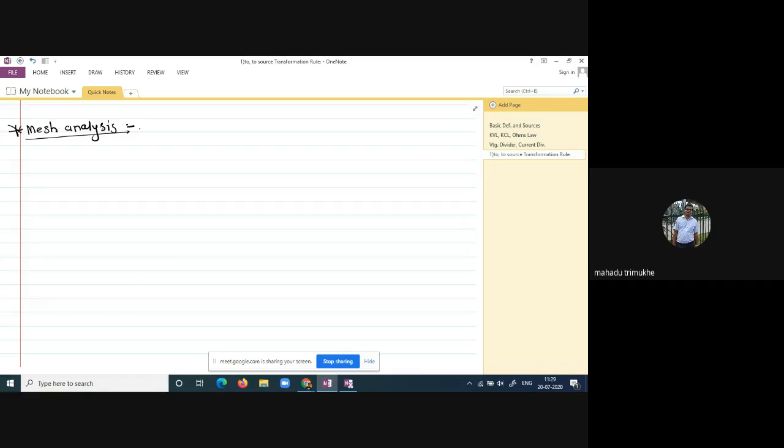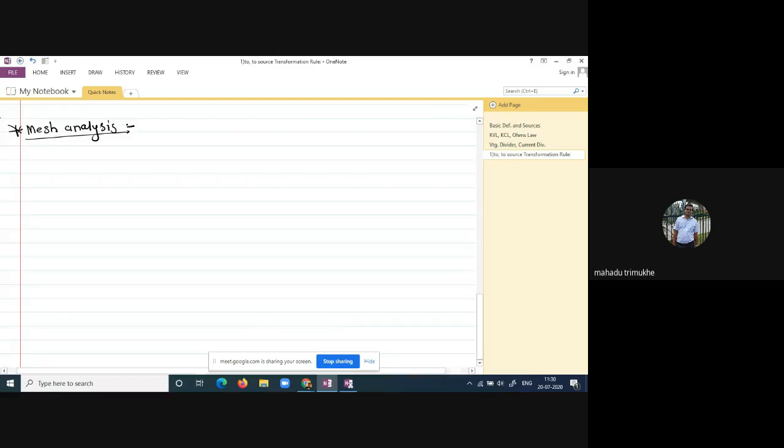When we apply the mesh analysis, suppose you have a large number of voltage sources present in the electrical network, that time mesh analysis is very important. You have to keep in mind mesh is nothing but a loop that does not contain any other loop within it. It is applicable for the planar network, and it is very useful when n number of voltage sources are present in the electrical network. So a few steps are there to follow in the mesh analysis.